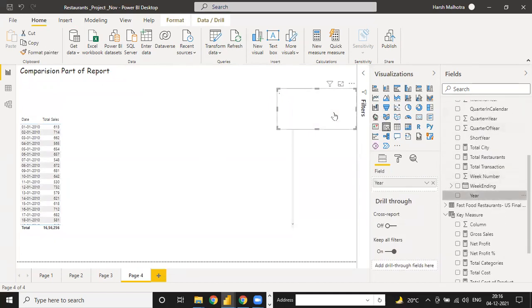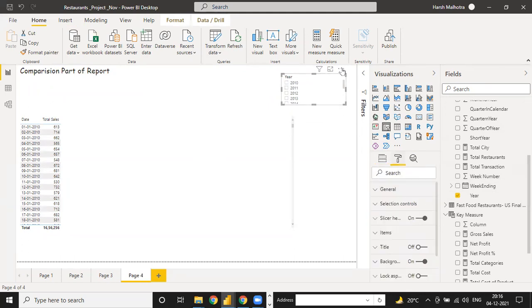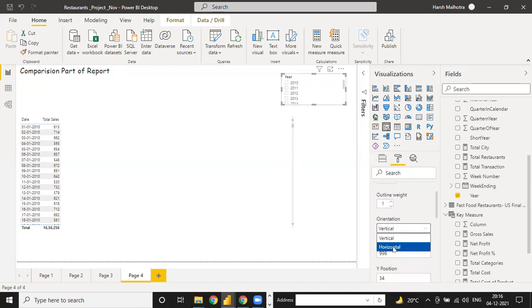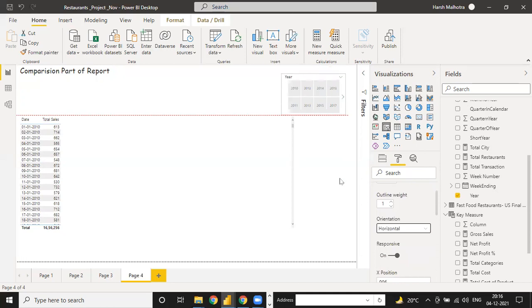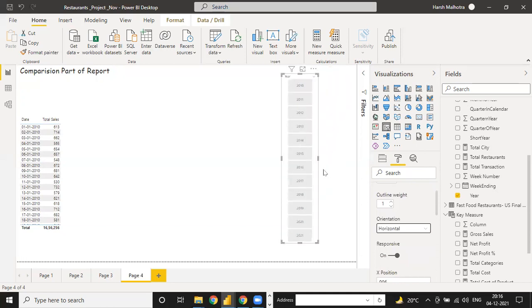Click the drop-down list, and in the format options there is a vertical orientation that you can change to horizontal. Now your data is shown box-wise.